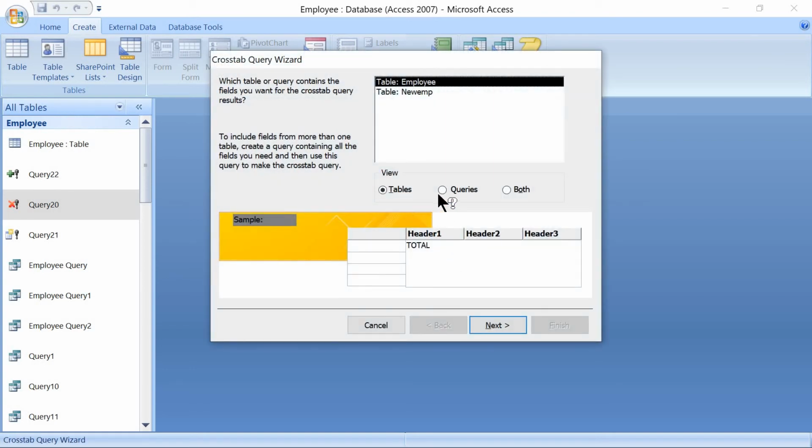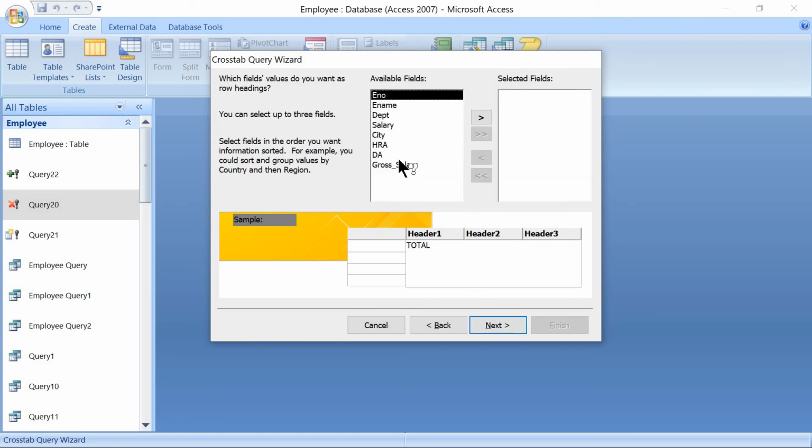Then here comes out with 3 different options, tables, queries where we have the list of queries, or both. Let's go back to tables, select for employee. Next, which one we require for the row headings here? This one. Let's take for the city.